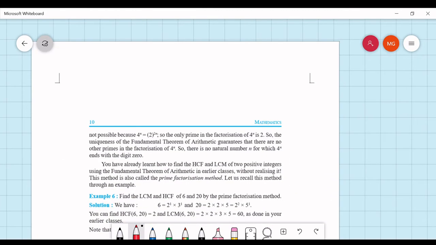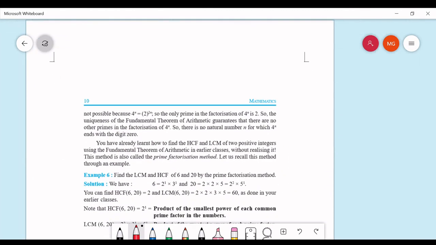Obviously not. This is not possible because 4 to the power n, suppose 4 is equal to 2 multiplied by 2, right? And 2 multiplied by 2 is 2 to the power 2. And if it is n here, 4 to the power n, that means you are getting 2 to the power n. Nonetheless, in none of the conditions will you get 5 as a prime factor, right? So the uniqueness of the fundamental theorem of arithmetic,